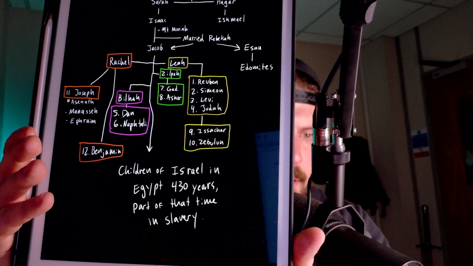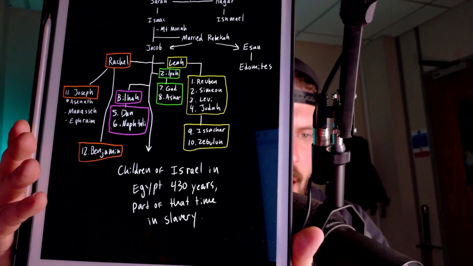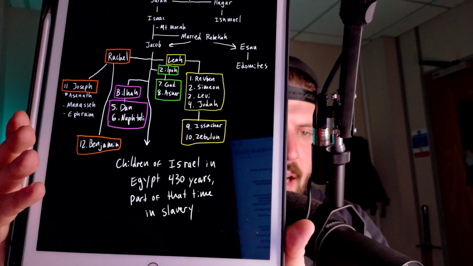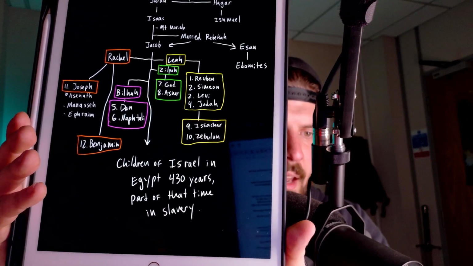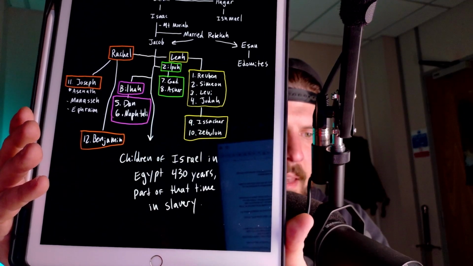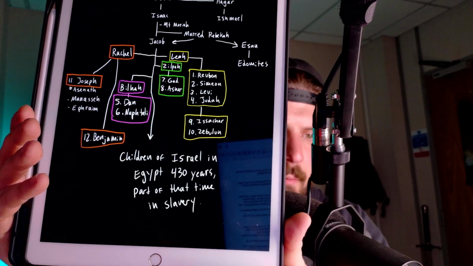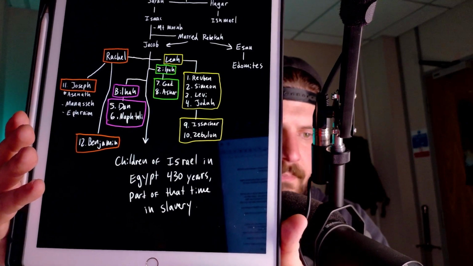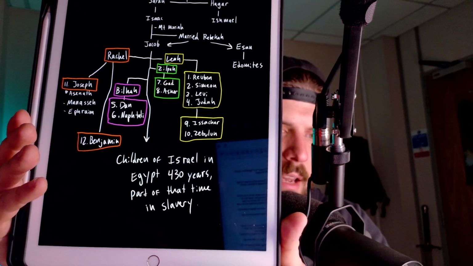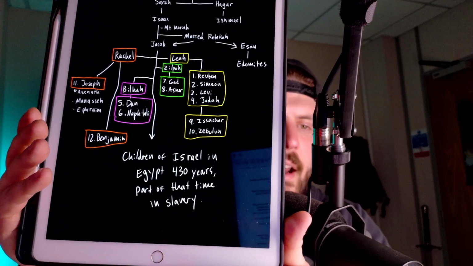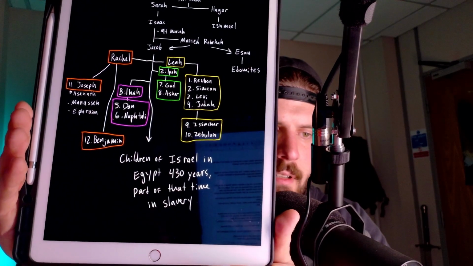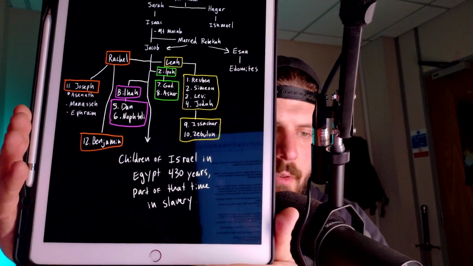And then Rachel, of course, gets mad. She's like, I want children. Here, have my maid. And then the maid gives birth to the fifth son, Dan. And then the sixth one, Naphtali. And then Leah does the same thing. Here's my maidservant, Zilpah. Zilpah gives birth to number 7, which is Gad. Number 8, which is Asher. And then back to Leah. Leah has number 9, Issachar. Number 10, Zebulun. And then finally, Rachel has our man, Joseph, son number 11, and then number 12, Benjamin,